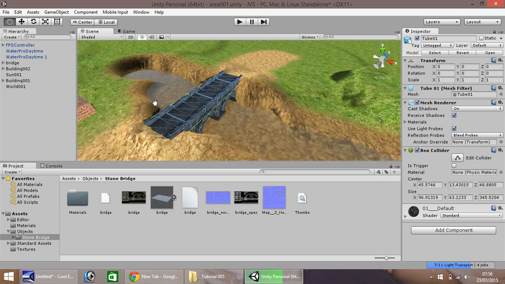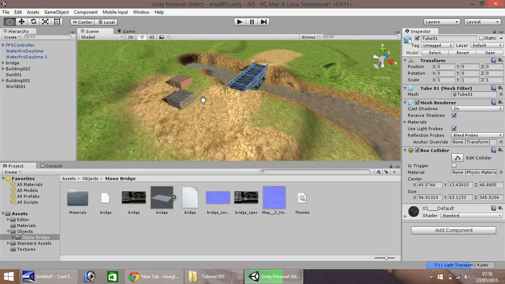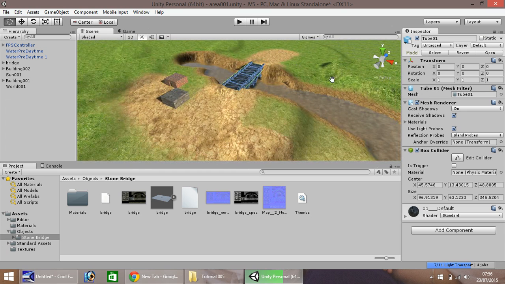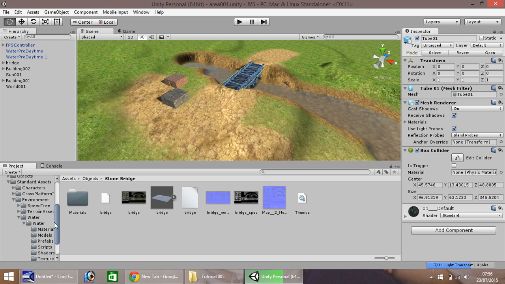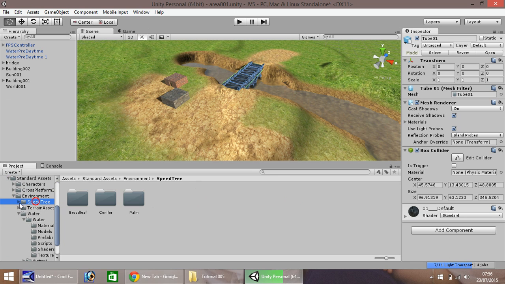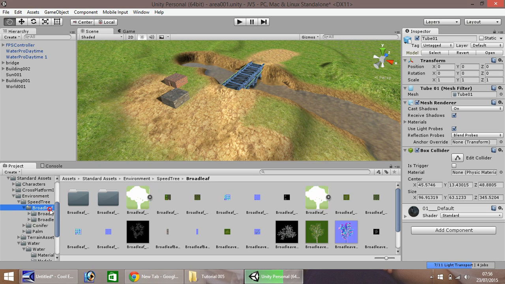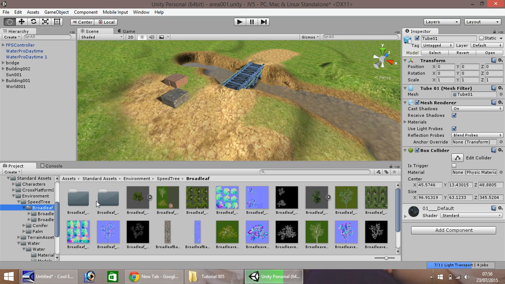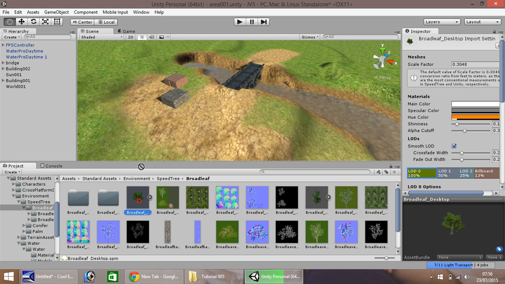So I'm going to zoom out. And we'll carry on playing with the river next tutorial and connect it and do a few different things with it. So down here in your asset window, standard assets, environment, speed tree. So you have three. You have broadleaf, conifer and palm. So I'm going to start in the first one, broadleaf. So if you click on the folder, and then let's take this right here, this tree asset,